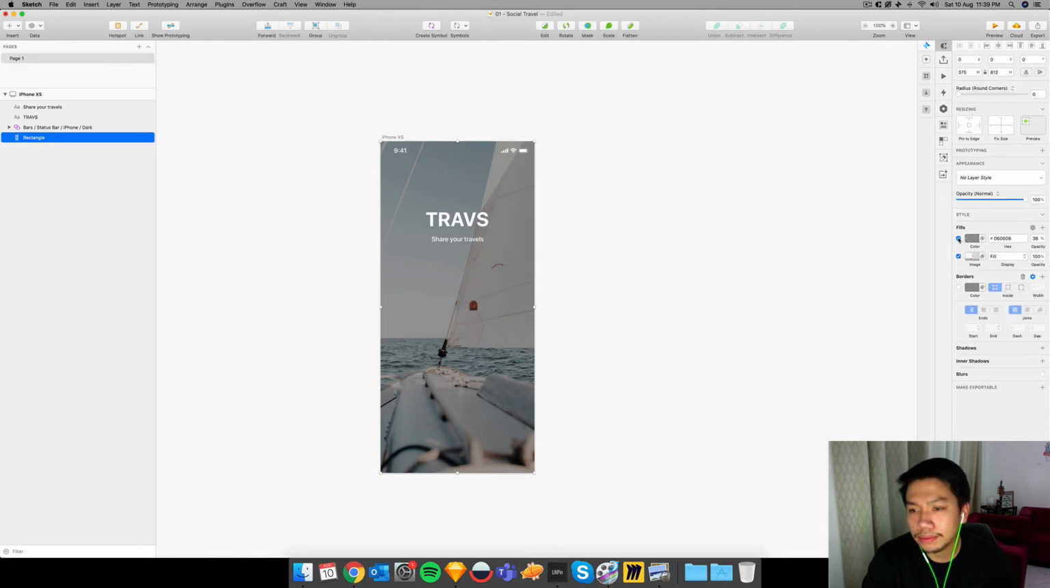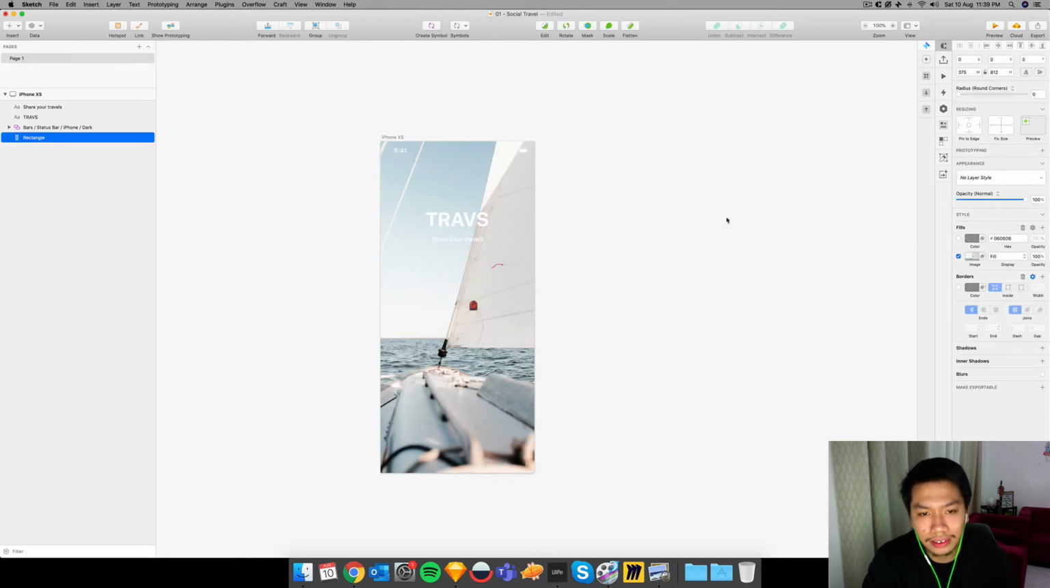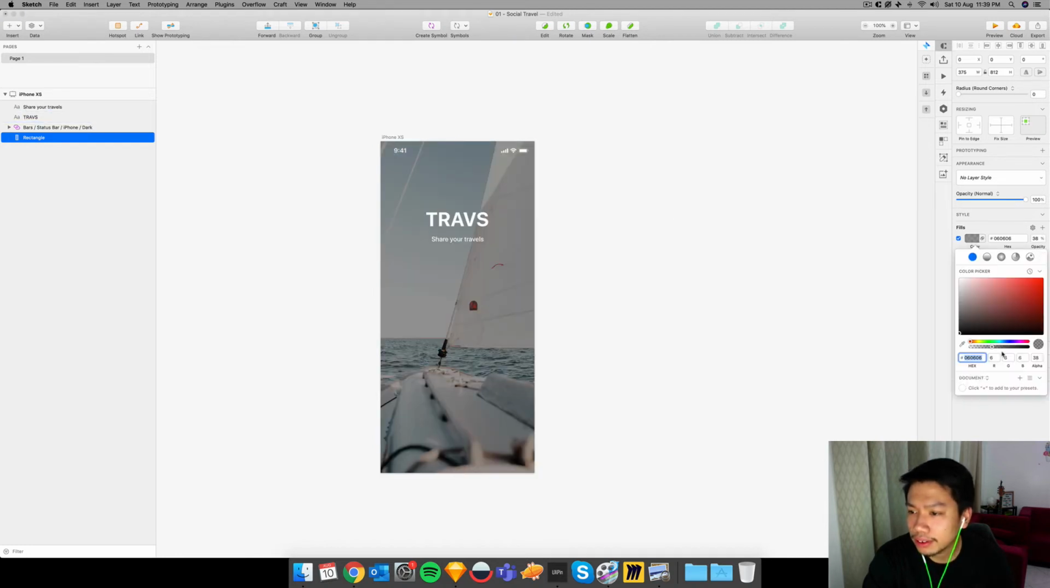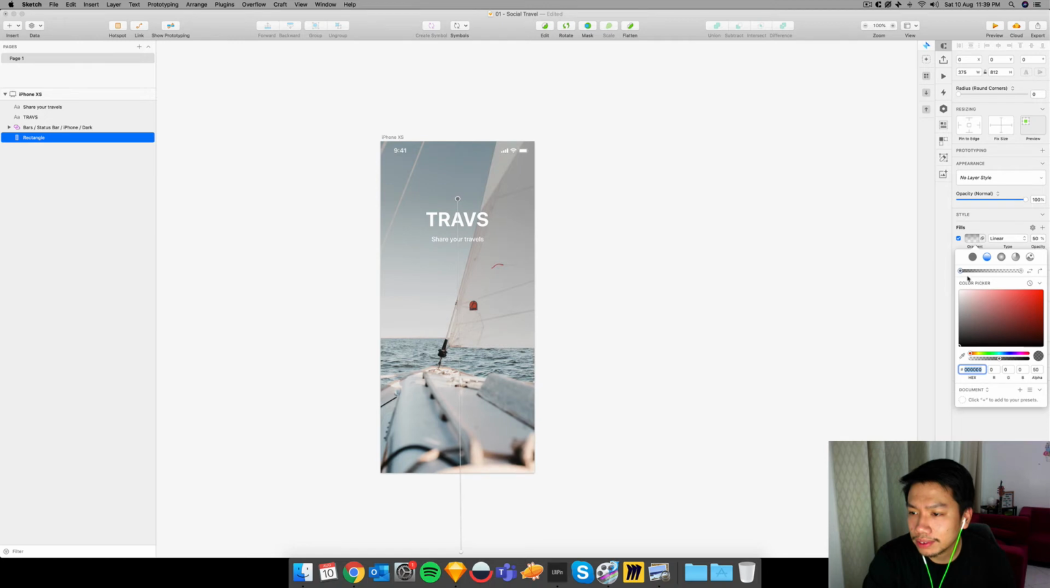That looks cool. Or maybe a different color, maybe a gradient. What kind of gradient can we use? Can we try this one? Okay, starting to create some effect by using a gradient here, but let's try to look for some more, maybe like